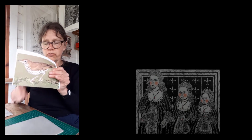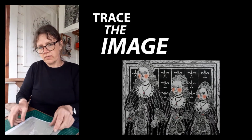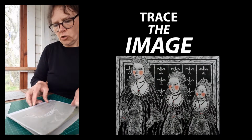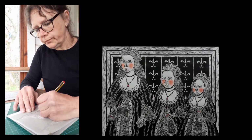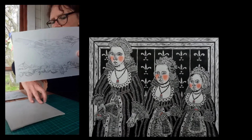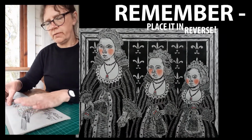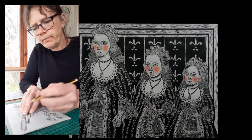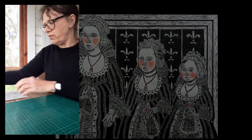If you're not doing your own design, I've included some prints in the pack that you can just trace over and transfer onto your lino. So to trace over it all, you just pop the tracing paper over the design like this, draw around it, and you should have something like that. Pop it onto the piece of lino in reverse. So we've now got the tracings on the underneath. Go over each line using a pen, a biro, or your pencil,